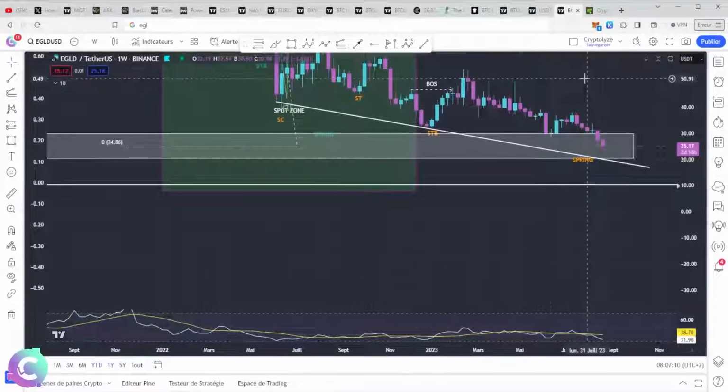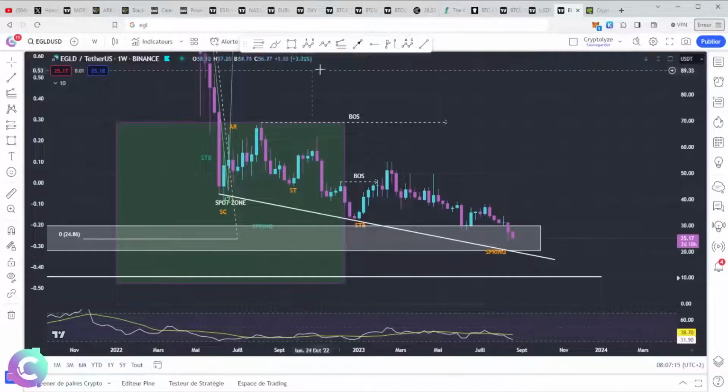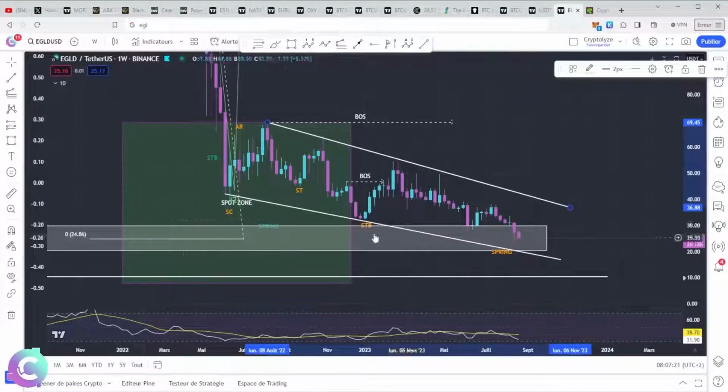Technically at the bottom, we are in a form of long-term weekly accumulation, and which is also in a rather particular form. It is one of the forms which are relatively uncommon, in which we have a descending wedge that is in the process of being made with an accumulation with the selling climax, automatic rally, secondary test, phase B. And here we are building the spring. Why are we building spring?